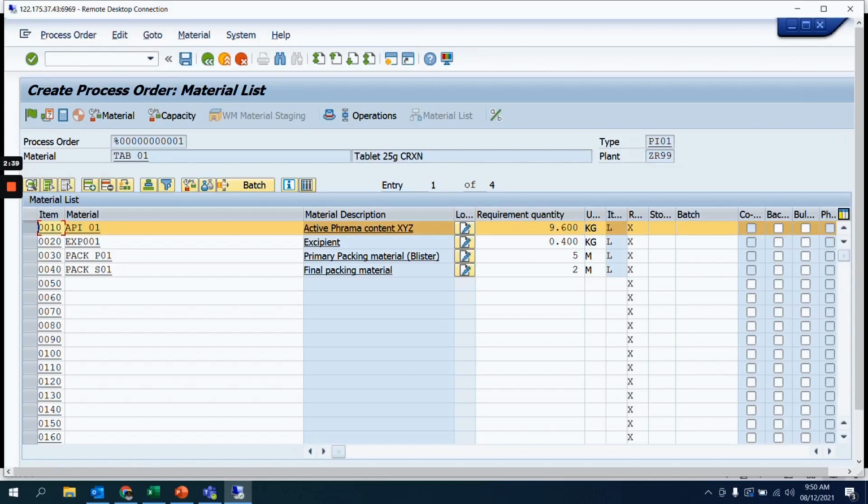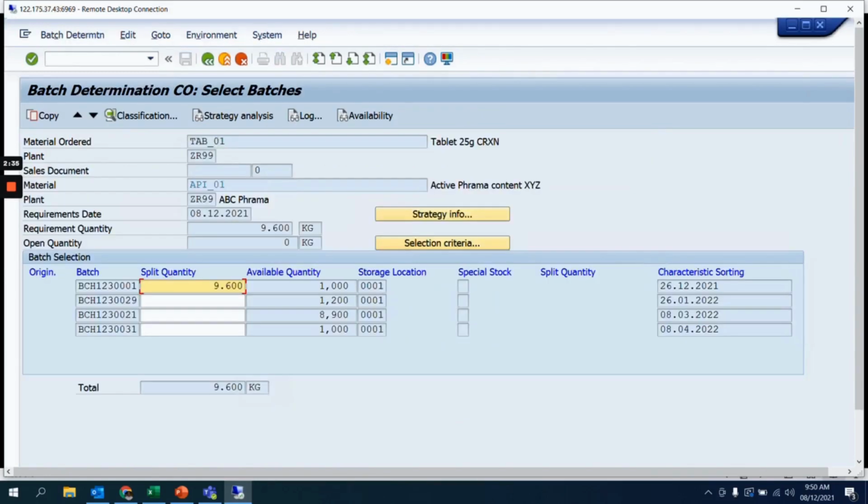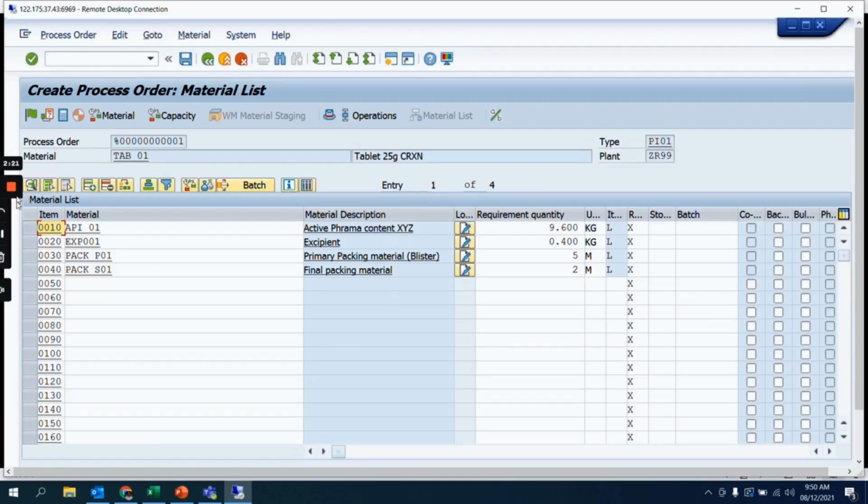manually and also automatically. If you want to perform it manually, you can select the component and click on batch determination. The system will sort the batches based on the expiry date, and the first available date will be confirmed against this requirement. If you want the system to determine the batch automatically, then we need to release the order.